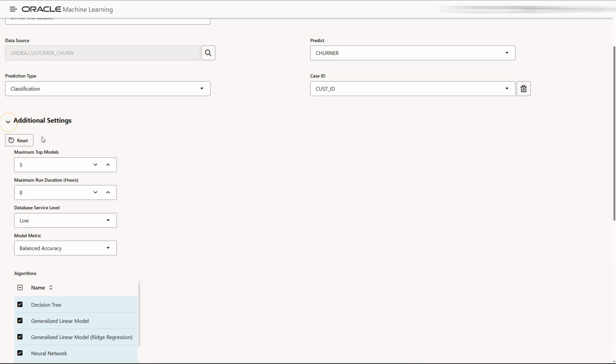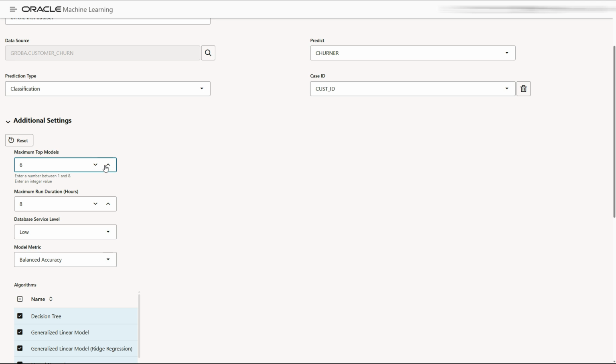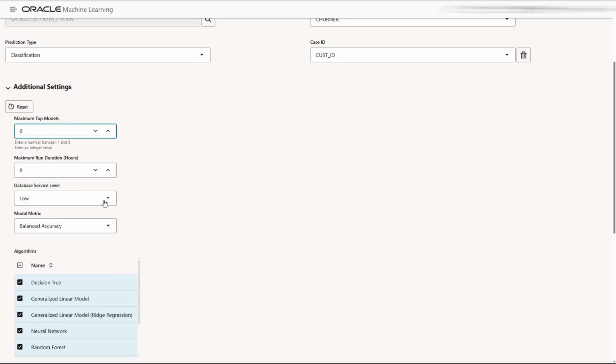Let's check the additional settings. Maximum top models, it has from 1 to 8. Let's keep it at 6. Maximum run duration 8 hours.